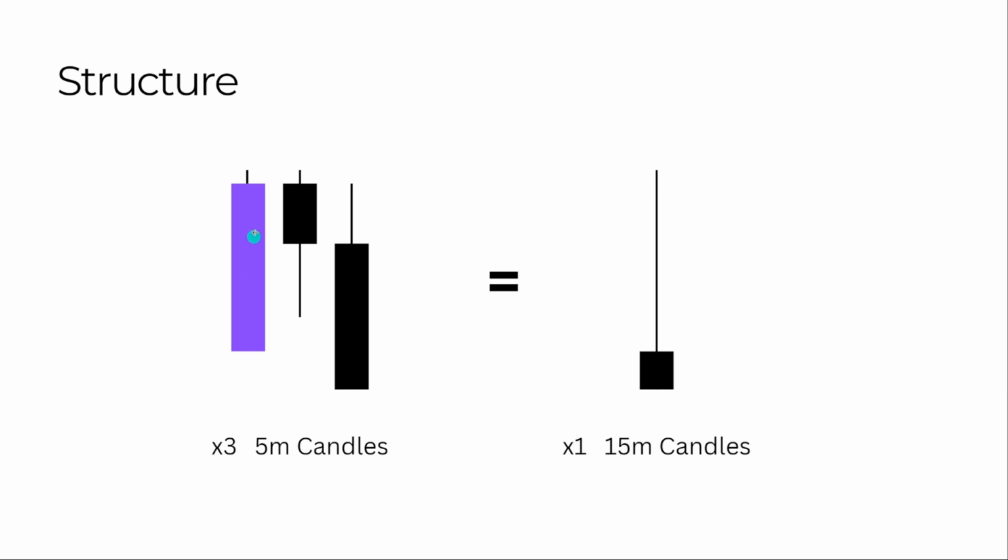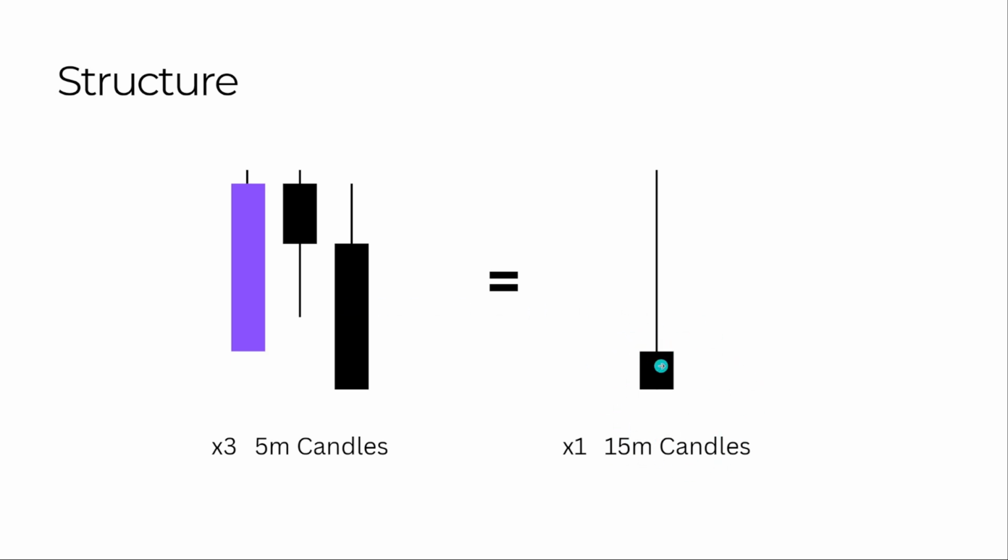We have a push to the upside, and then we have 2 bearish candles, the last of which completely engulfs the previous bullish candle. Now let's imagine we have a structural high to the left here, and we have a candle closure above. We've seen price closing above that structural high, but then the very next 5-minute candles are pushing to the downside. Now if we imagine we need 3 5-minute candles to form one 15-minute candle, such as this